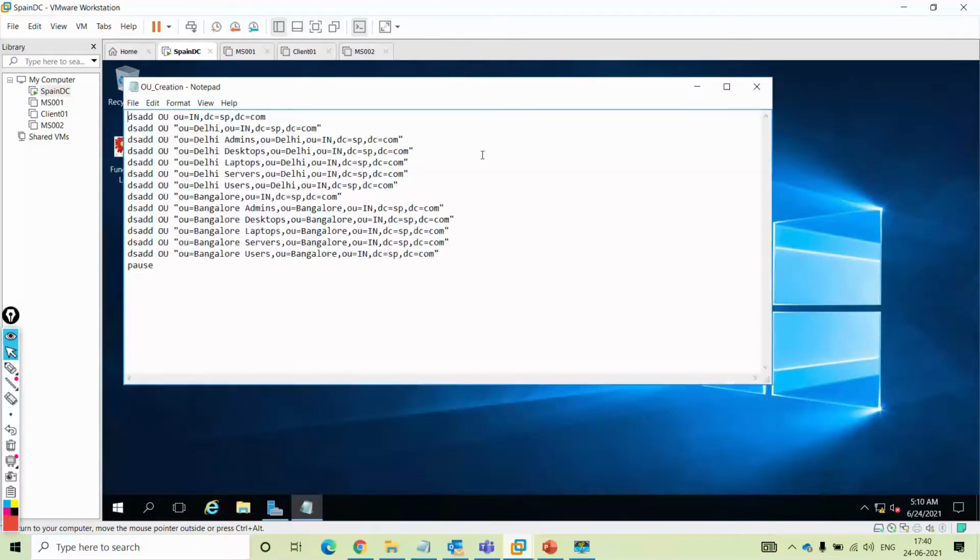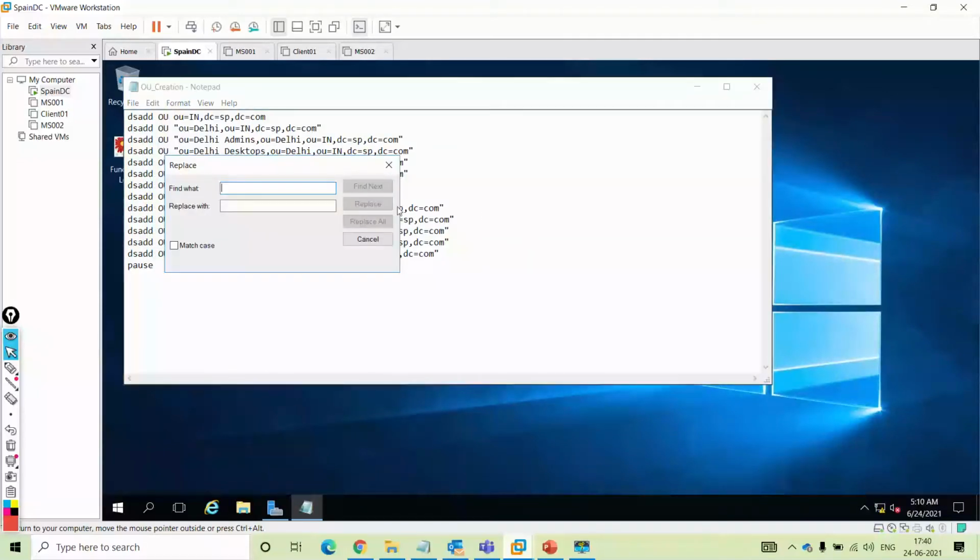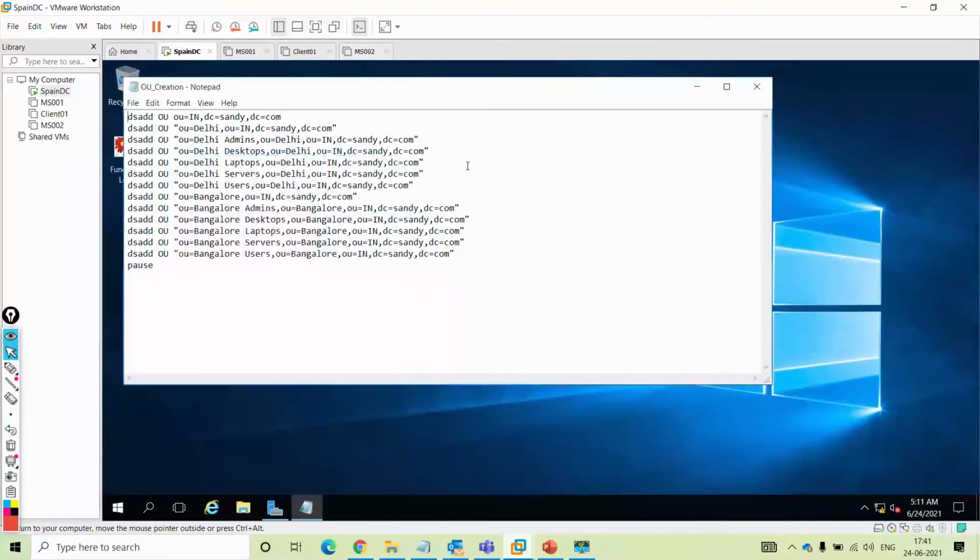Right, I'll edit the script, and here I'll replace this with Sandy. Replace all. Right, so everywhere it is replaced, and I'll save it as a batch file.